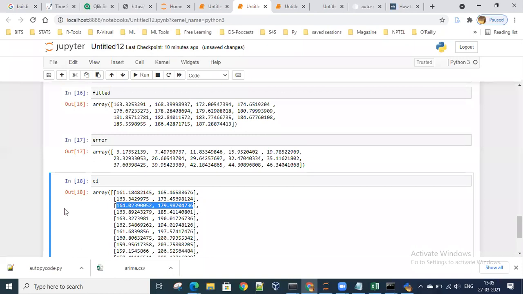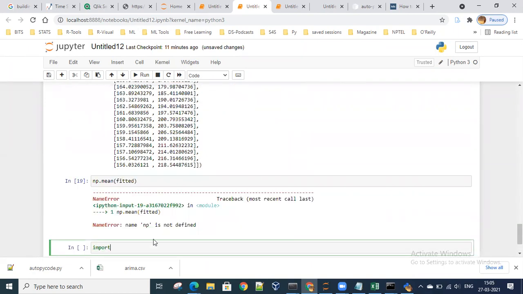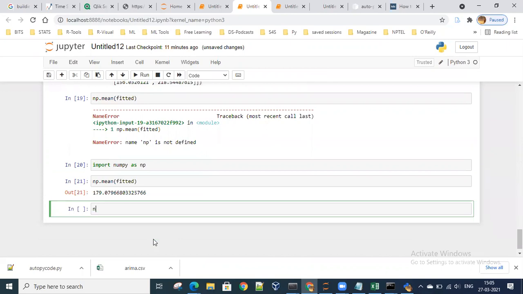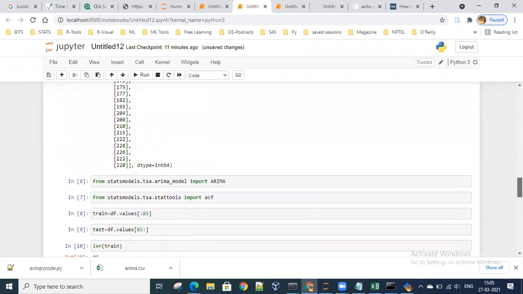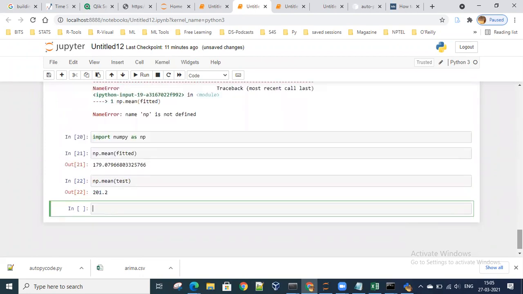So now we can see the error, around 21 points.